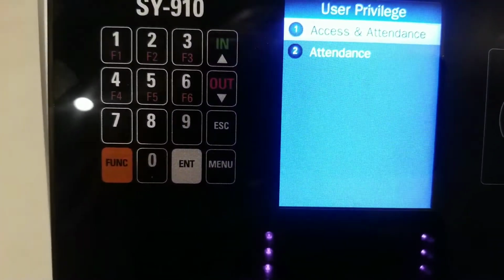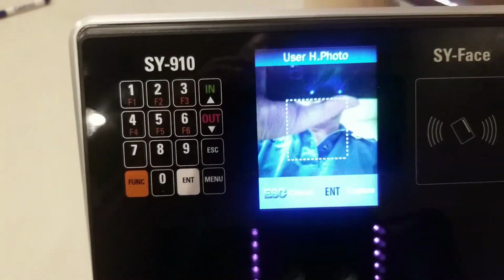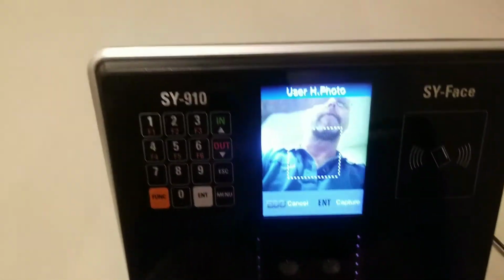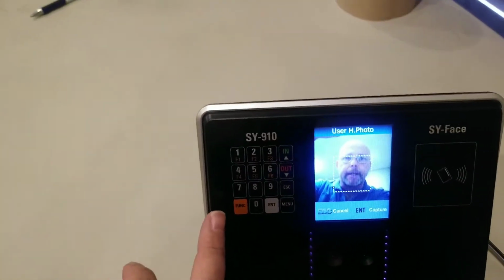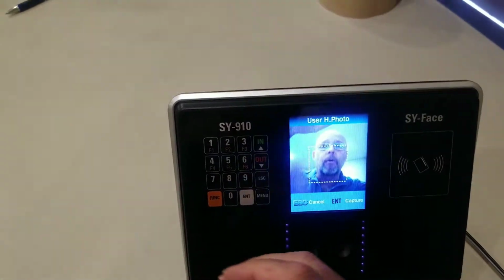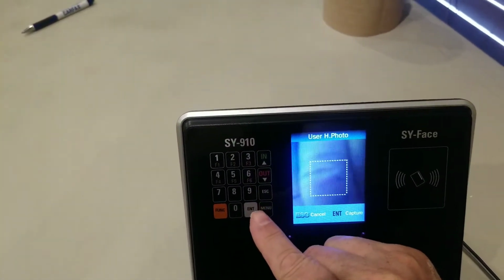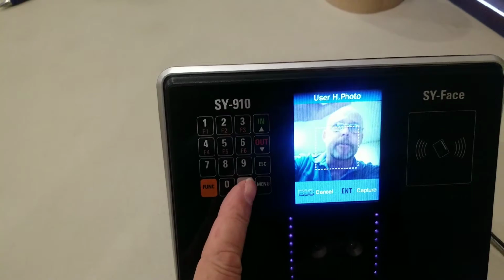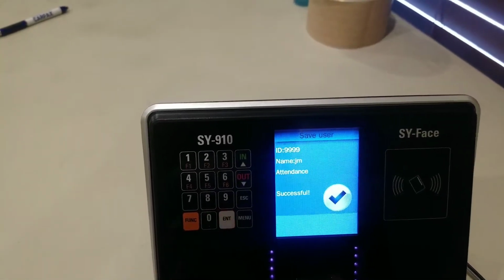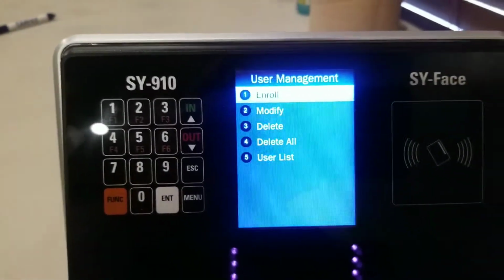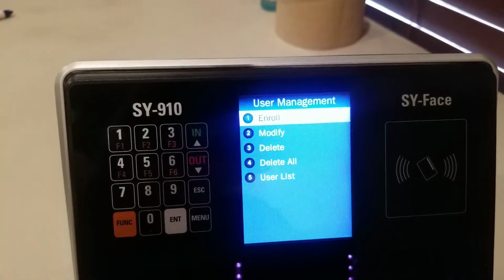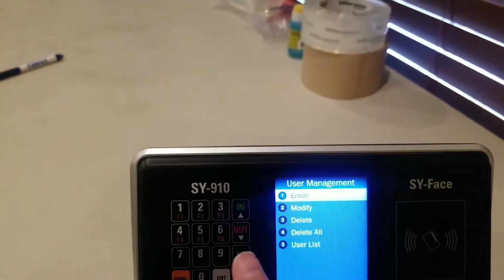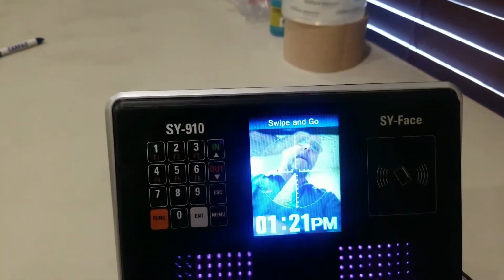So right now, access and attendance or attendance. We just want attendance. The next screen, it wants to have a photo of the user. Now it's important to use the left hand, or when you bring your right hand to press menu, you're going to cover up the picture. Successful, and I'm done with that user. I can at this point press the number 1 to enroll again. I'm going to escape all the way out, and as a user,